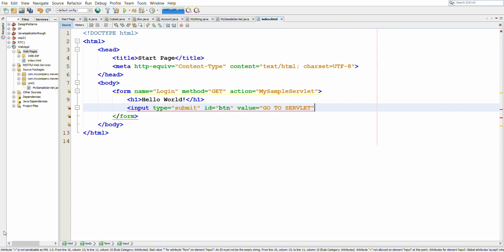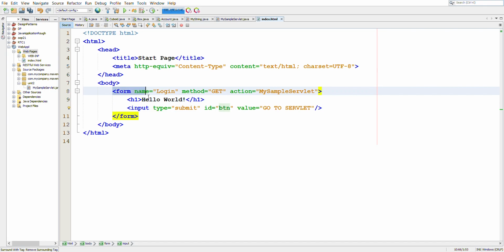We just give it a value which says go to servlet, and we end this tag. So we are just creating a button in our form, and this button will submit the form, and on submitting the form it will go to my sample servlet with the HTTP get method.